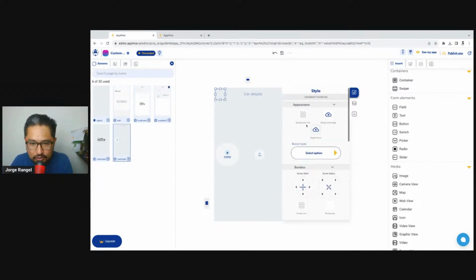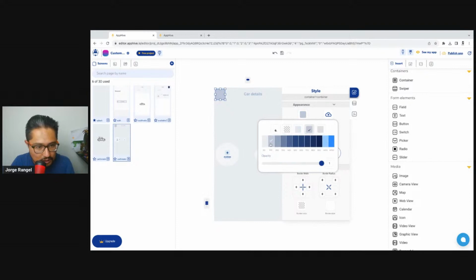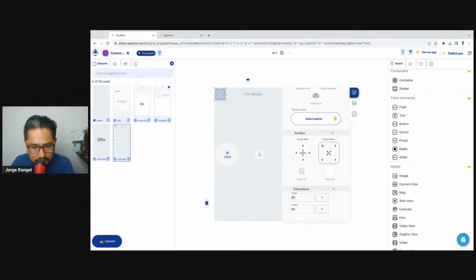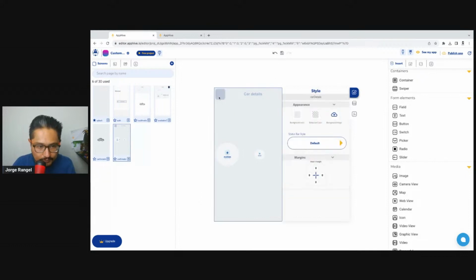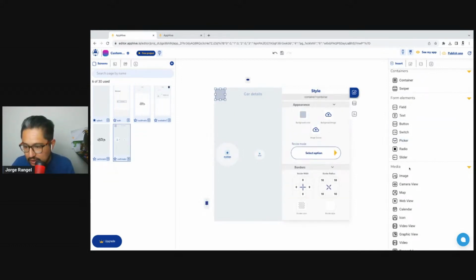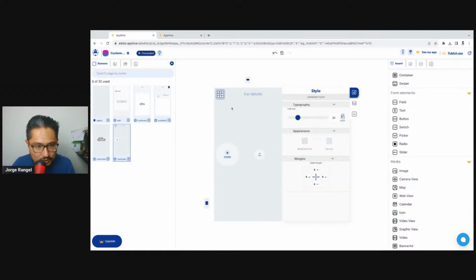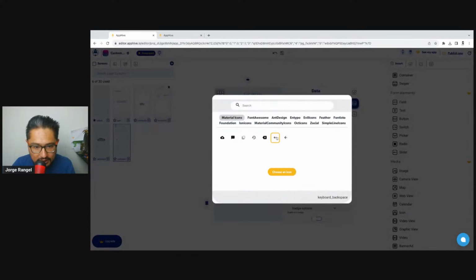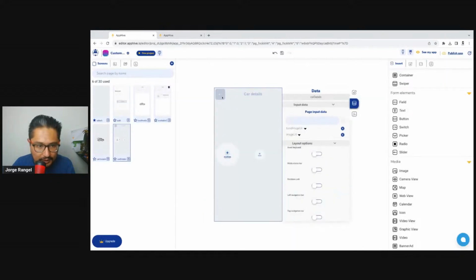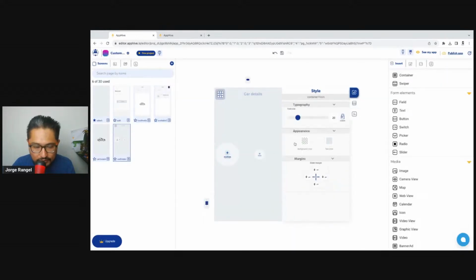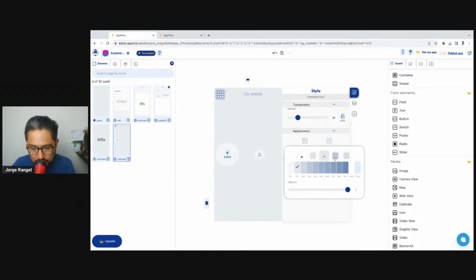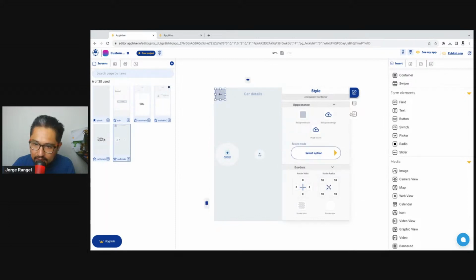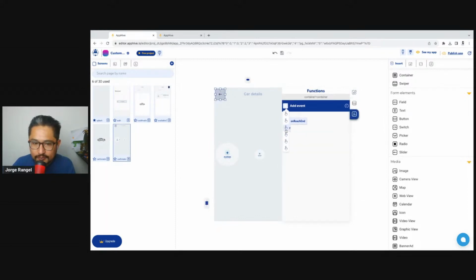And let's change the color of this one to something that looks more clickable, like that. And let's add a border of 10, for example. There you go. And now inside of here, let's add an icon, this one. And the icon, let's go to the data section and select the icon back, like that. Let's change the text color of the icon, so we have something that looks better. There you go. And now let's add an on-press button,